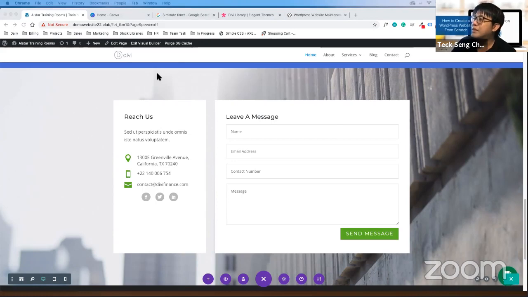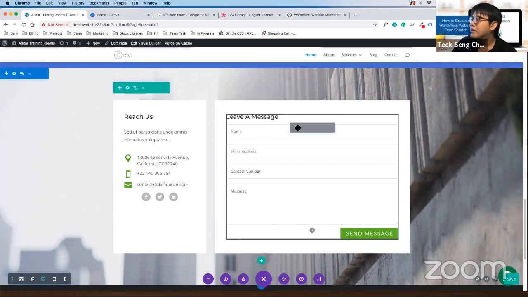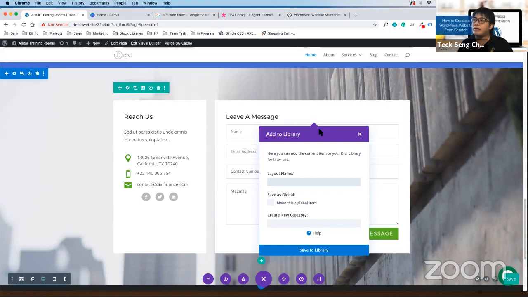Now, how do you save whatever you have done? How do you save to library? Mouse over to the item, and there is a save to library option, which is the fourth one. Click on the save to library. Now your layout name can be any name. For example, I'm just going to put contact form.